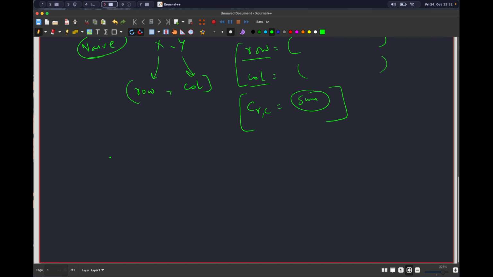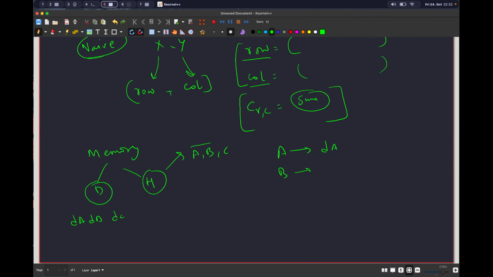So just to revise how a particular kernel will work, we will declare memory in device as well as in host. So in host we will have three matrices A, B and C. A and B need to be multiplied and the result will be stored in C. The same goes for device. We will have some DA, DB and DC. Now A will be copied to DA, B will be copied to DB, and a kernel will be called on these